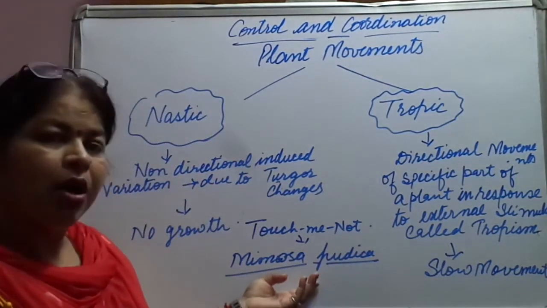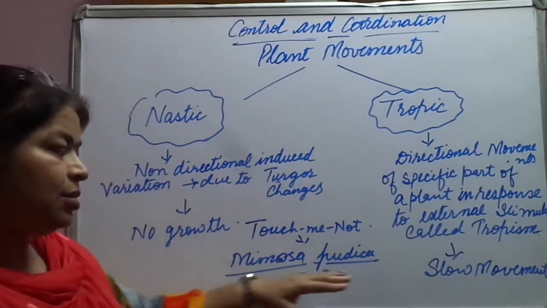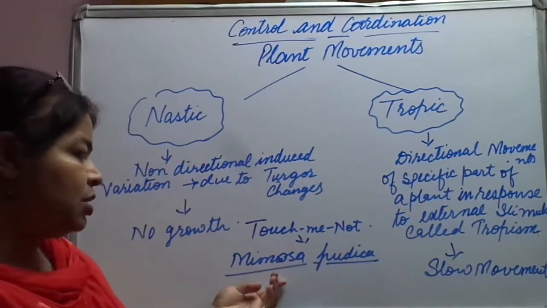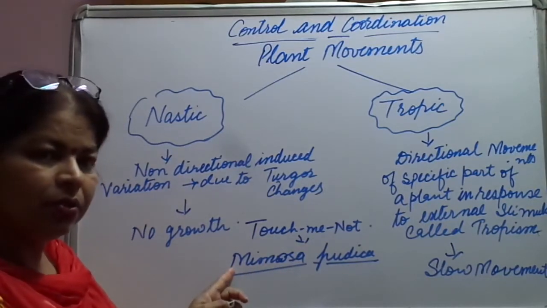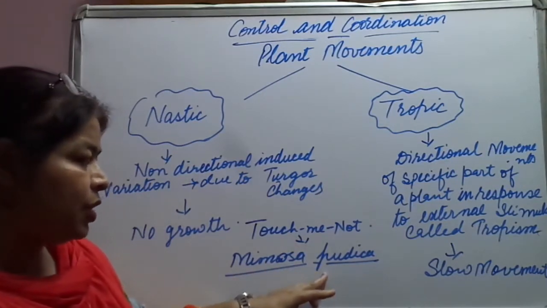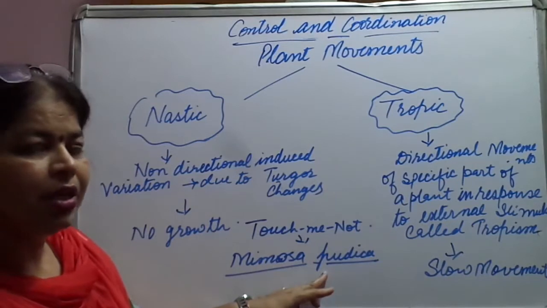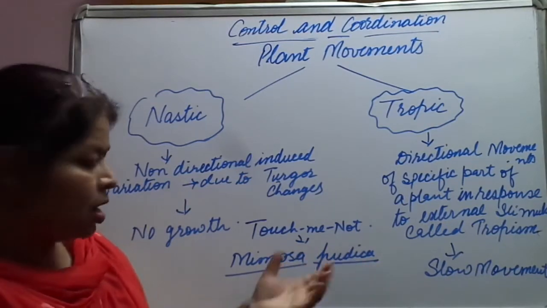I hope you remember how scientific names are written. This is the genus, this is the species, and the genus initial letter is always written with a capital letter. Okay, and it will be written in cursive, and the species is always written with the initial letter in small, and you are going to underline it. Okay, underline it.